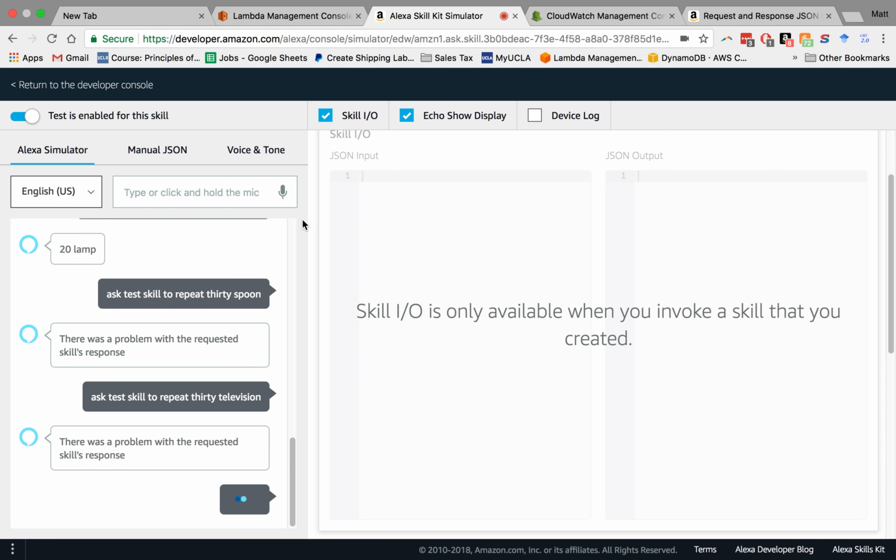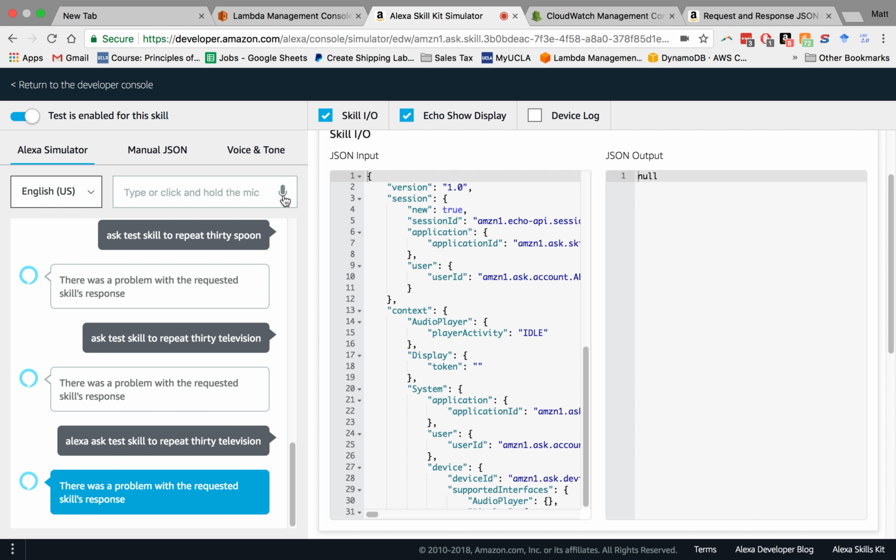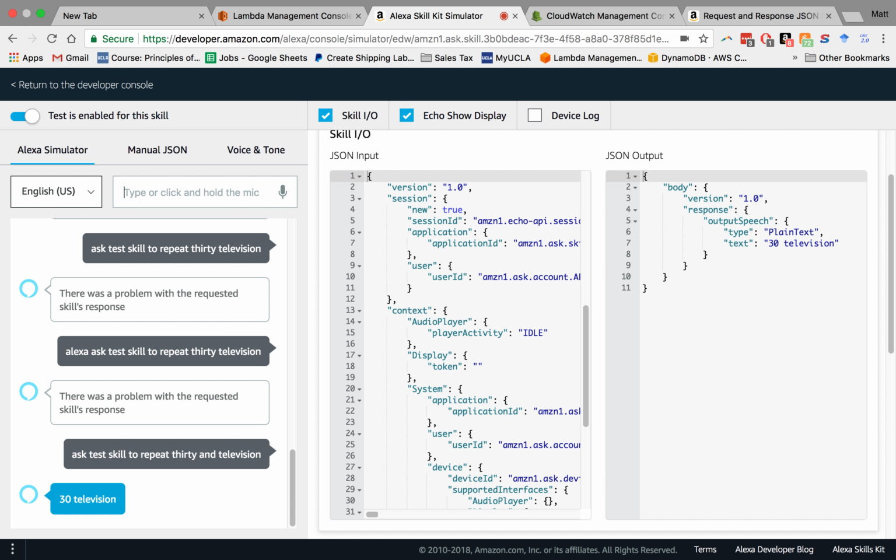I messed up. Let's type it in. Ask test skill to repeat 30. Let's see if there's a problem. Yeah, she doesn't understand 30 television. Maybe I have to say 30 and television. To repeat 30 and television. I think that was part of the utterance. There we go. Okay, so apparently my sample utterance had the and in there, and